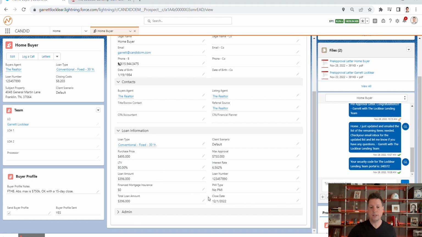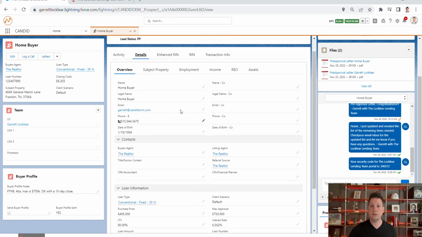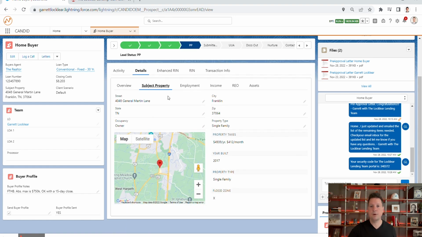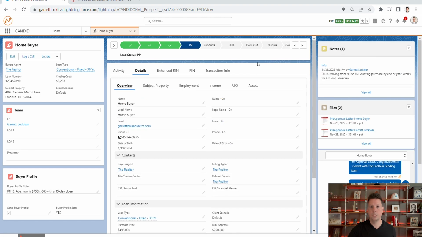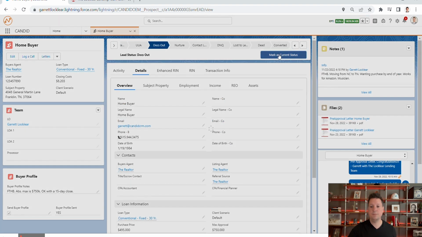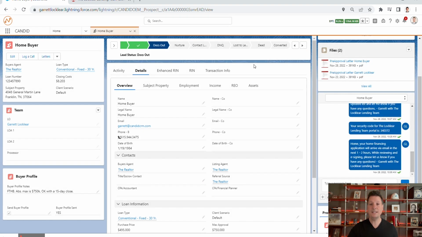First, we want to make sure that our purchase price, our close date, and other important details about the property are correct. Once we populate a subject property address, Candid will also pull in the year built, the property type, the flood zone, as well as the taxes. Once we have the information in here, we update our status to Docs Out, which is the initial application being sent to our client. Once in Docs Out, you'll see that our client just received a text and email update